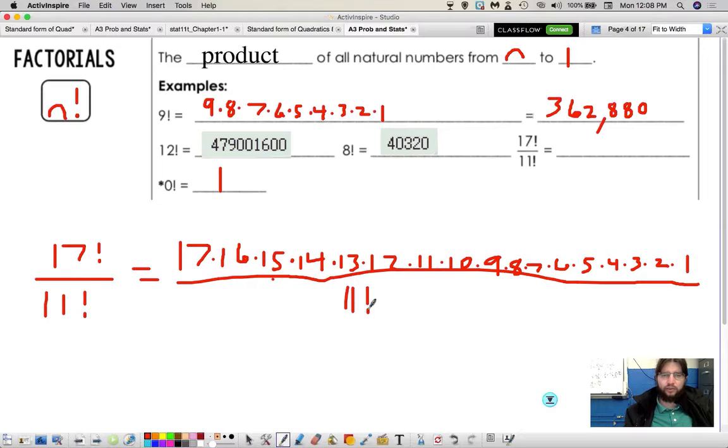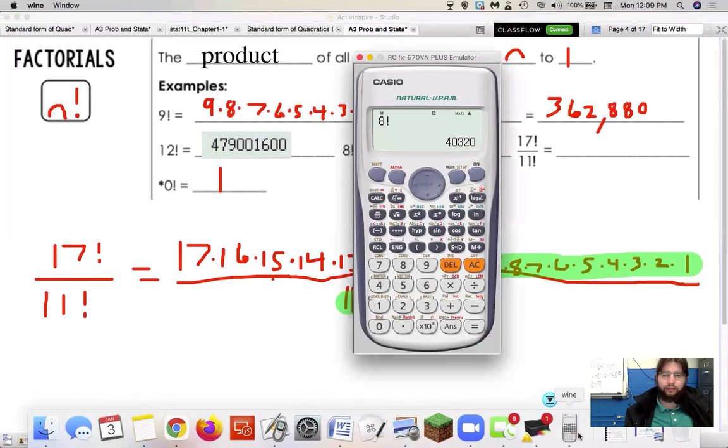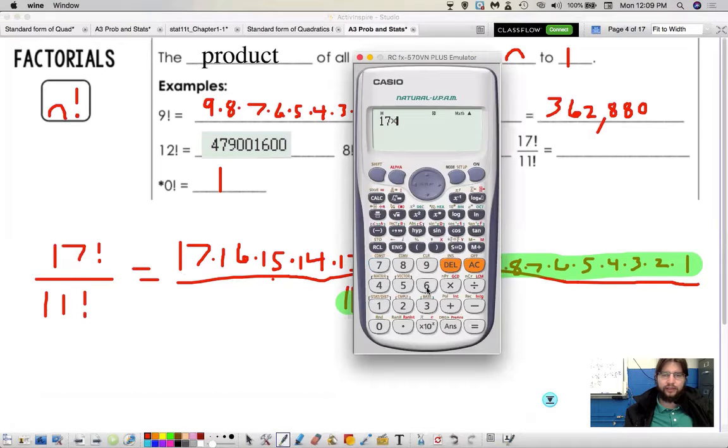11 factorial. What is 11 factorial? Well, it's 11 times 10 times 9 times 8 times 7, 6, 5, 4, 3, 2, 1. So those two pieces will cancel out. So this is actually equal to this product right here. That's 12. So if we do 17 times 16 times 15 times 14 times 13 times 12,